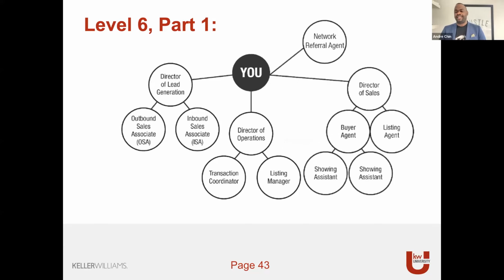And then you get into level 6, and this is where expansion starts to happen. So now you've created a director of lead generation, which is managing your lead flow, director of operations who are managing your administrative team, and then you've got a sales director in place that is going to manage your business at the local level. And you'll see there we've added the first spoke to the wheel of the network referral agent, and that now gives you the opportunity to start your expansion. So if I were to timeline this again for you, this would have been us in 2018, and then in 2019, tail end of 2018, we stepped in with this network referral agent that we started doing business with.